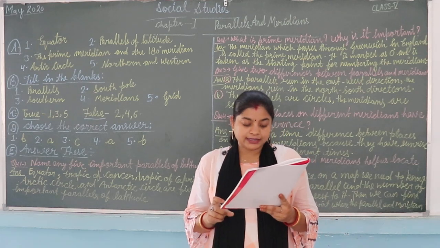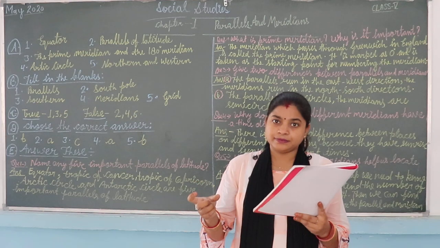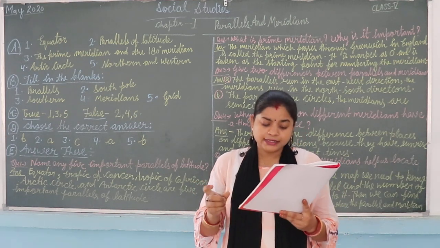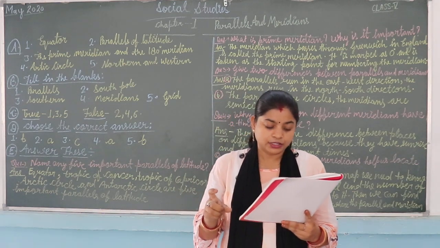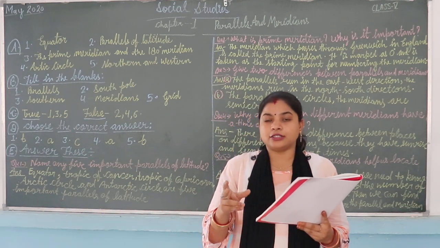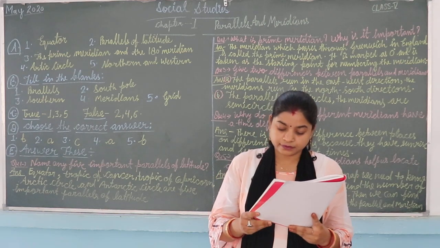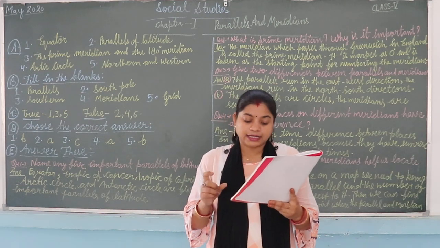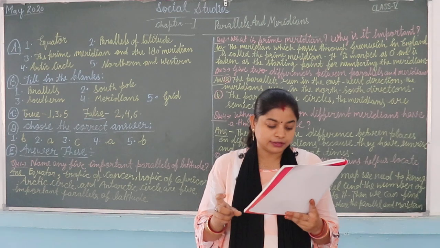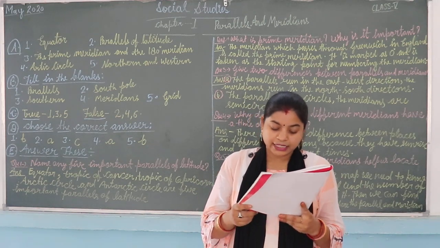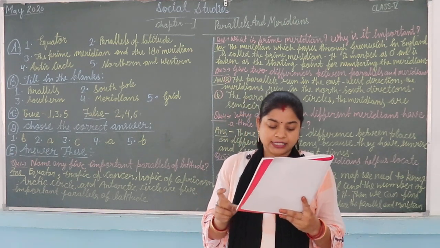The equator is the longest parallel. What is the equator? The equator is the longest parallel. It runs around the middle of the earth and lies halfway between the two poles. Two poles का जो halfway होता है उसे क्या बोलते हैं हम? इसको बोलते हैं equator. The equator divides the earth into the northern and southern hemisphere.